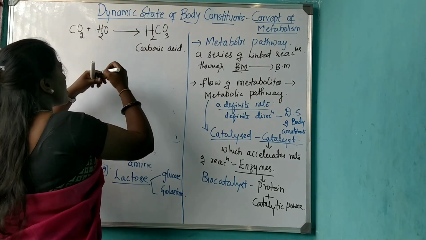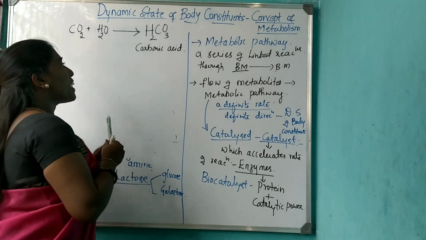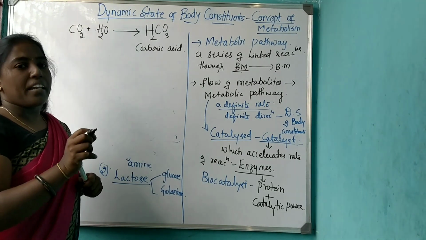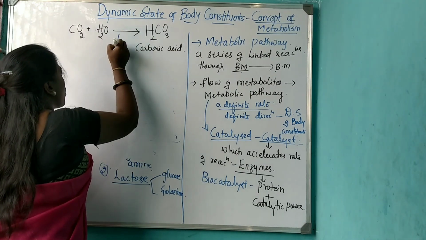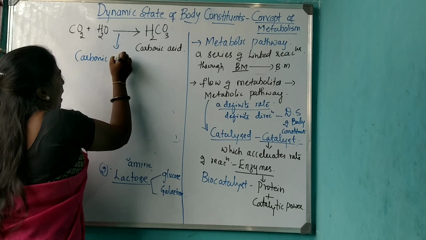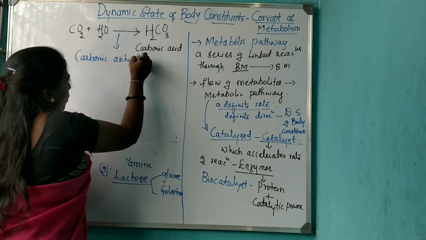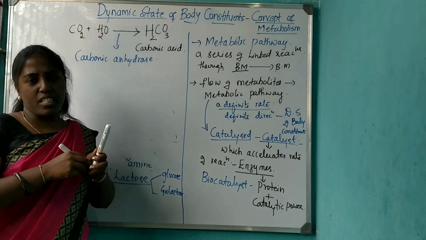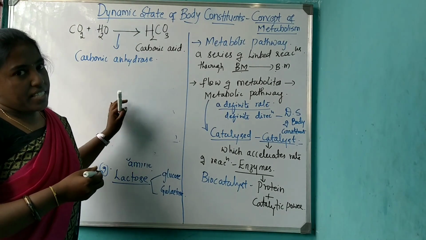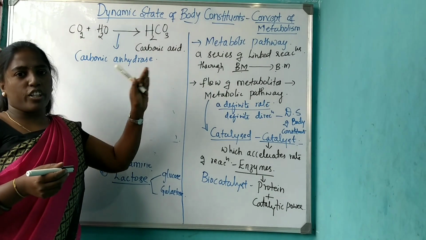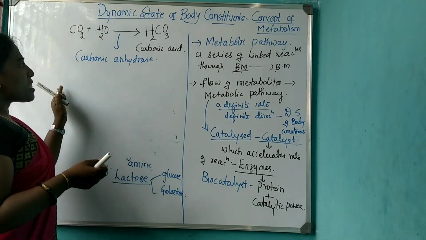Even such a simple reaction is catalyzed by the enzyme called carbonic anhydrase. So the enzyme called what? Carbonic anhydrase. That means all the reactions occurring in the living organisms are catalyzed by the enzymes. So this is regarding the dynamic state of body constituents. Let us see the